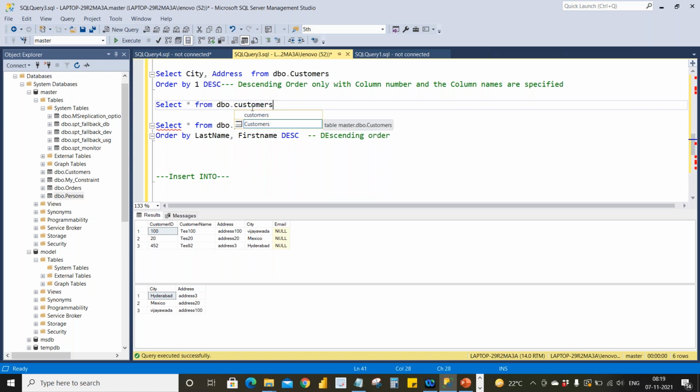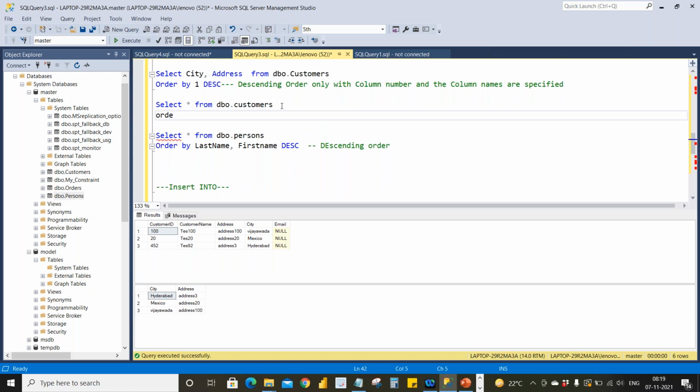So I'm giving select star from dbo.customers, order by. I want to sort it by city and address. I'm saying descending order.